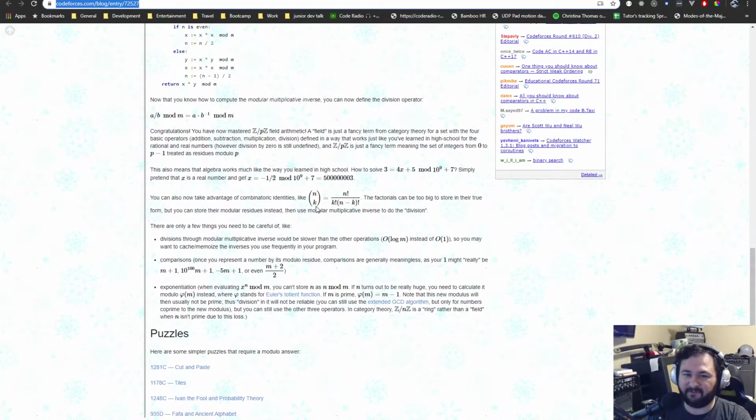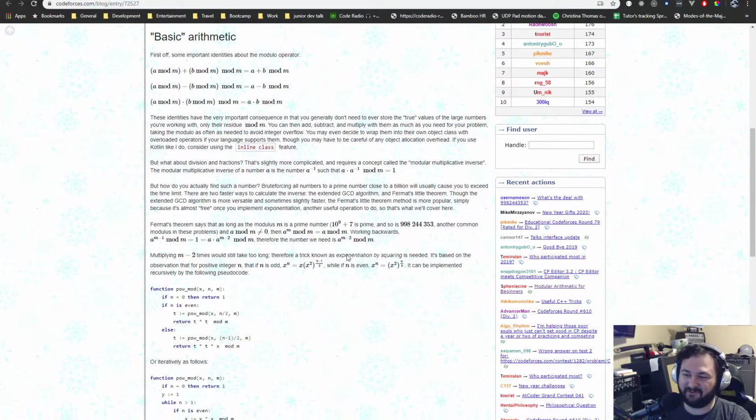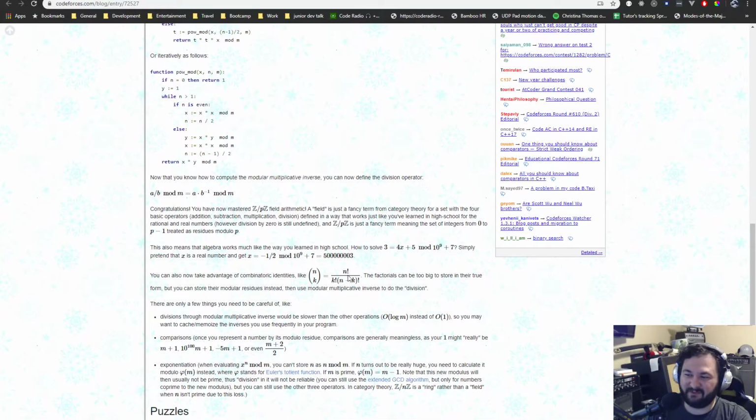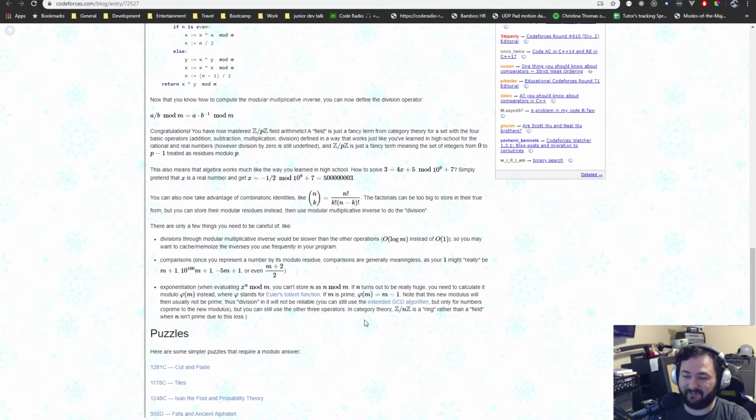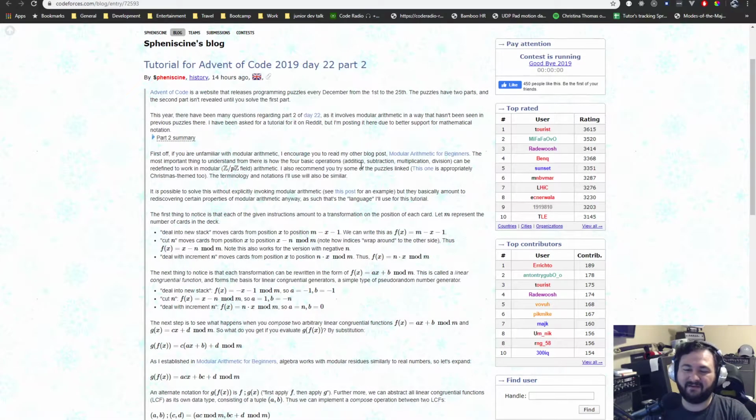If you're anything like me, when you start seeing this kind of thing, where you've got factorials and imaginary numbers or real numbers or whatever, actually, imaginary numbers start with i. Factorial is the one that has the exclamation point. But in any case, whenever you start seeing that, or that... So this is the general intro to modular arithmetic. Seeing equations like that kind of makes my mind melt. And then they wrote a blog post for day 22 part 2 specifically.